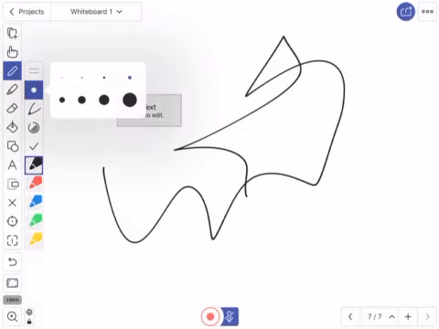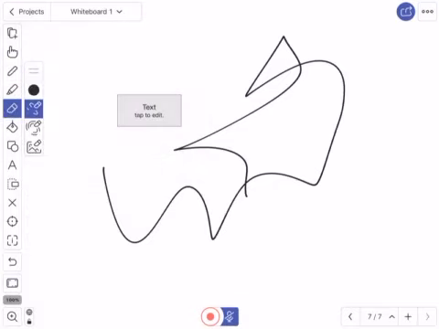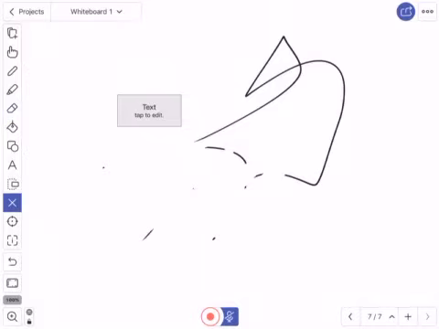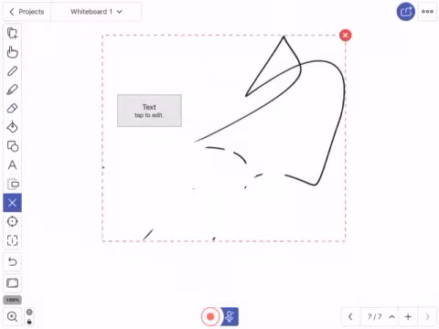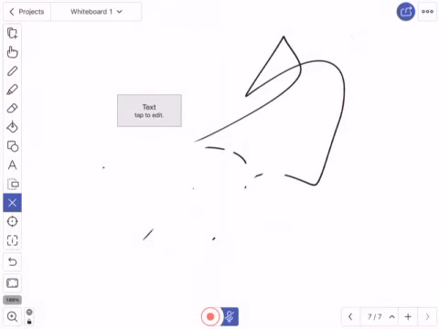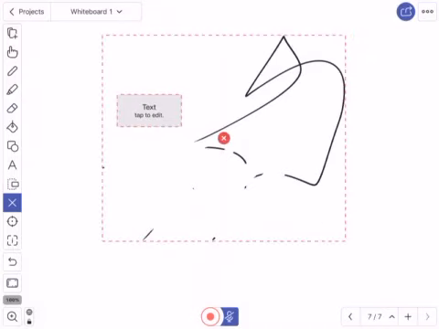And the easiest way to get rid of something, this is a question that students always ask, why doesn't my eraser button work? It only works on the most recent thing that you did. So if you want to get rid of anything and you made it a little while ago, or the eraser just isn't working, you're going to tap the X option, and notice the box goes around everything. So the X, if you don't want it to go around everything, you want to just, these guys are grouped